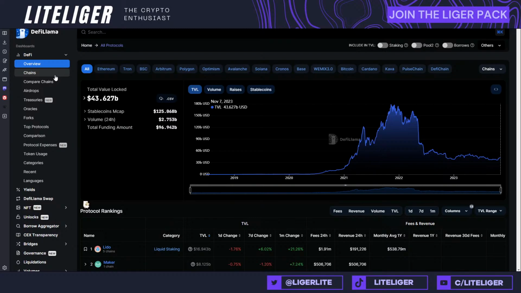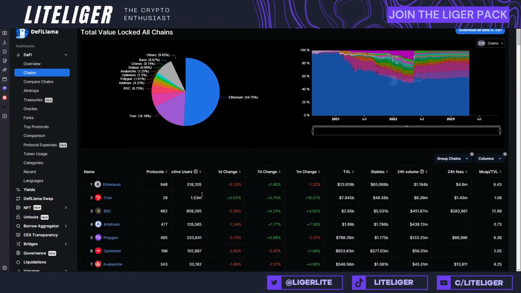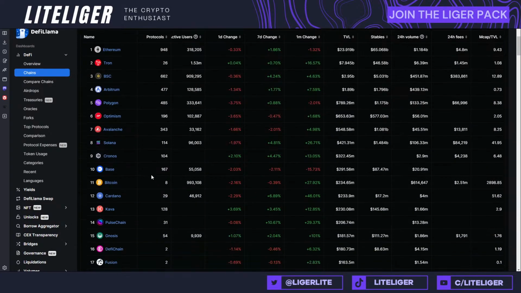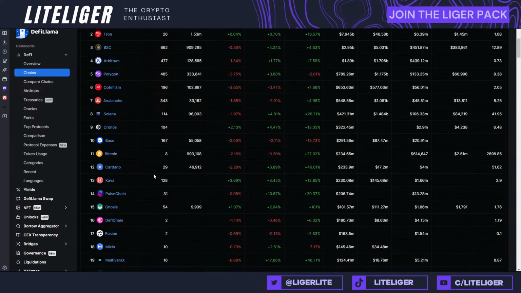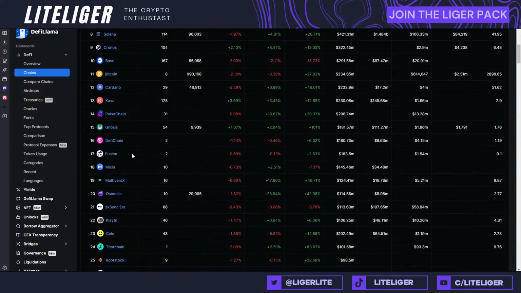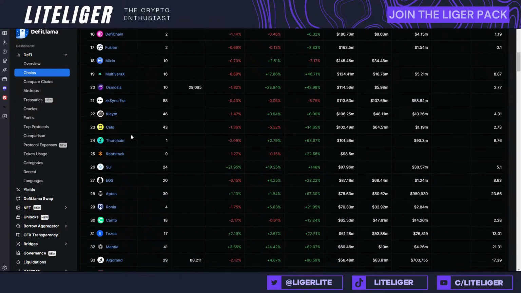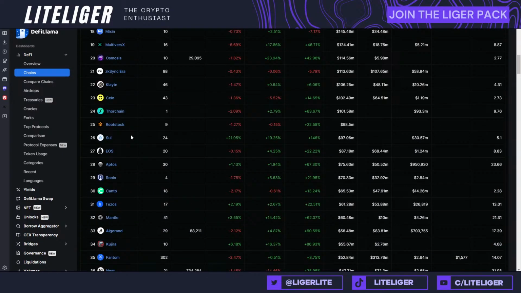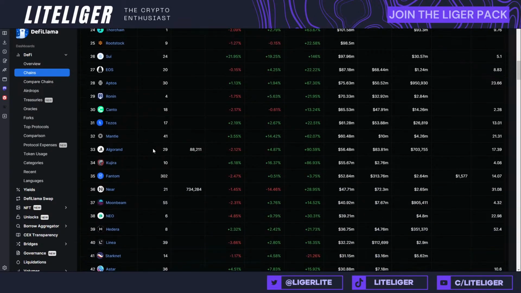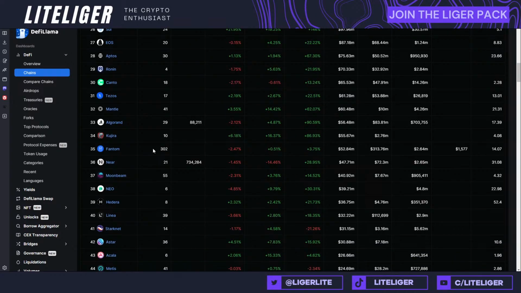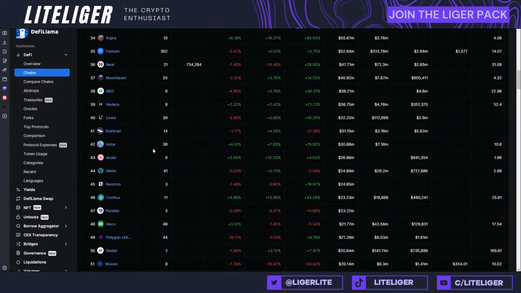So let's go into chains. Now what do we have here? Okay, Base doesn't have a token. Fusion has a token. What else do we have here? Forks. Is there a compare change running Canto? Most of this stuff already has their own tokens. There's really few